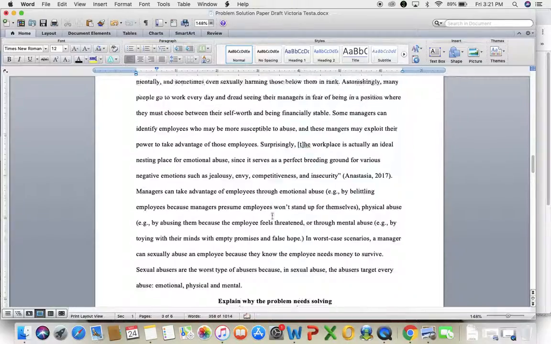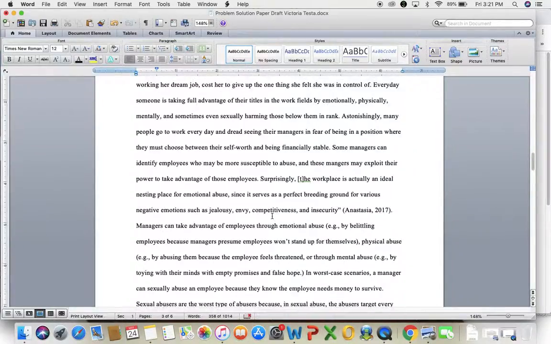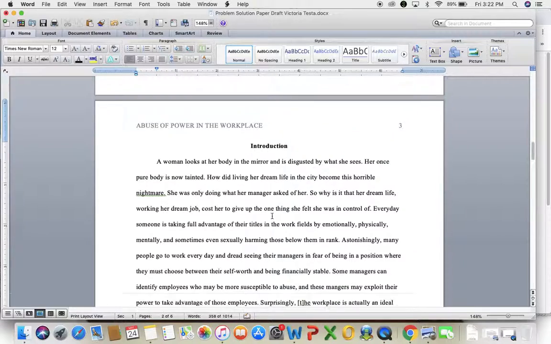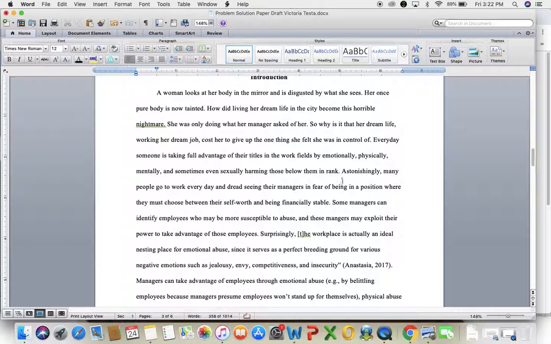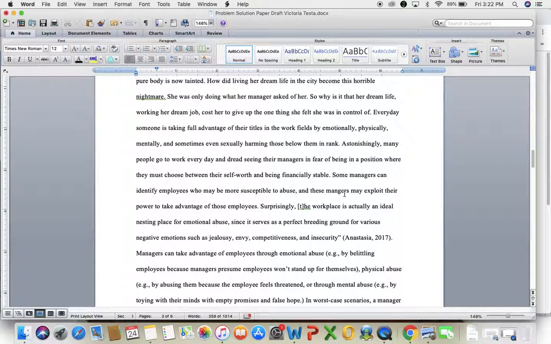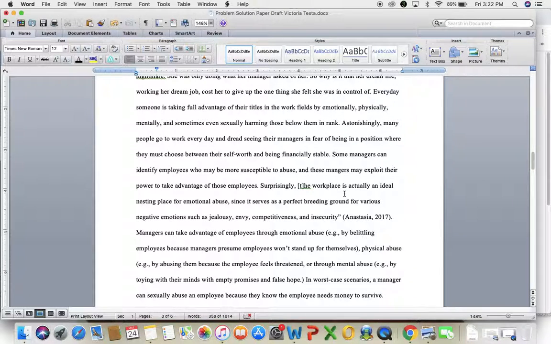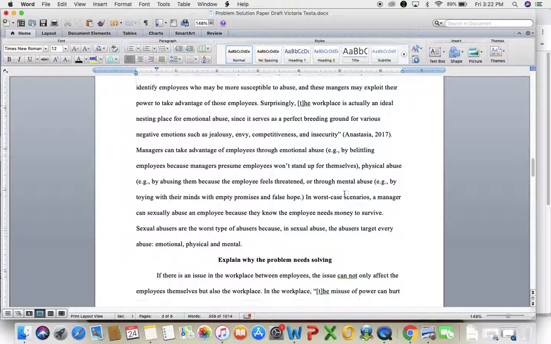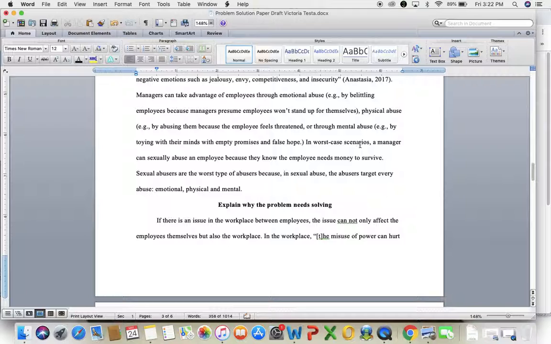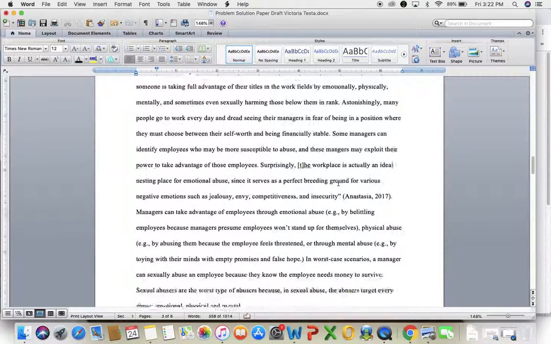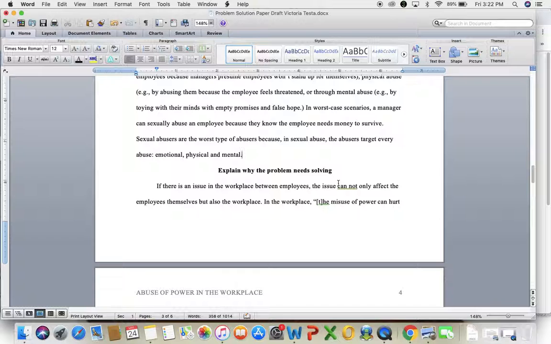So that's kind of what I would recommend. There's still some work that could be done in terms of editing for concision to make it a little bit shorter, but hopefully that makes more sense in terms of what I'm doing. So there's a little bit of a scenario here to get the reader into what you're talking about, and then you start addressing the problem more explicitly, providing some evidence for that, and then talking about the different types of abuse that can take place, and then ending with sexual abuse. Okay, so that's kind of what my overall notes for your introduction would be.